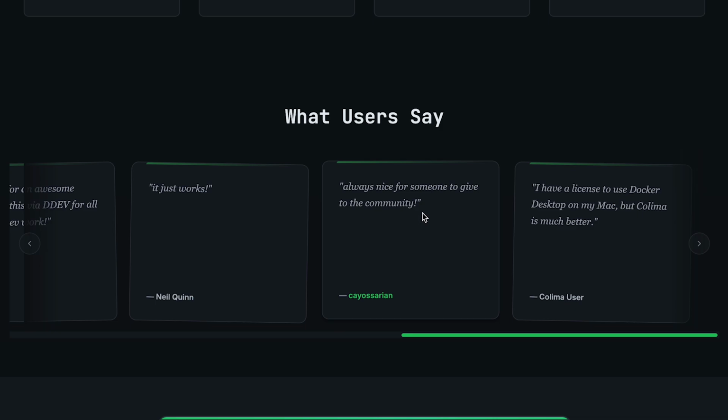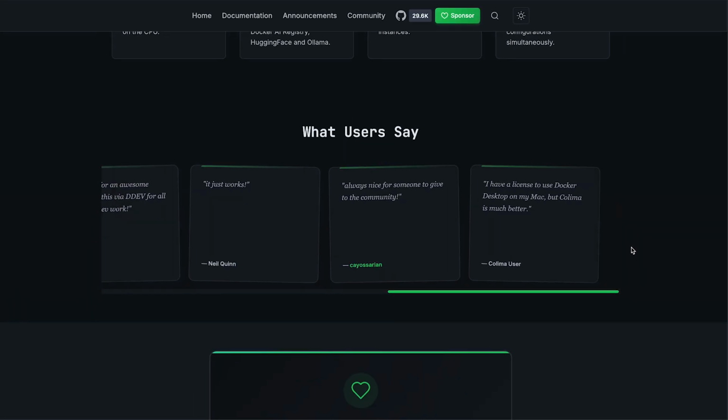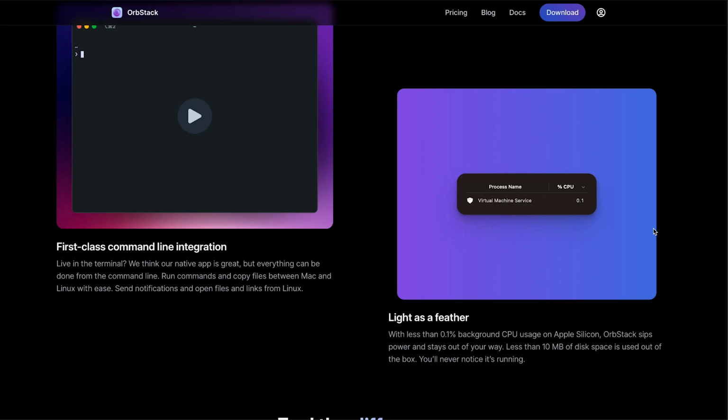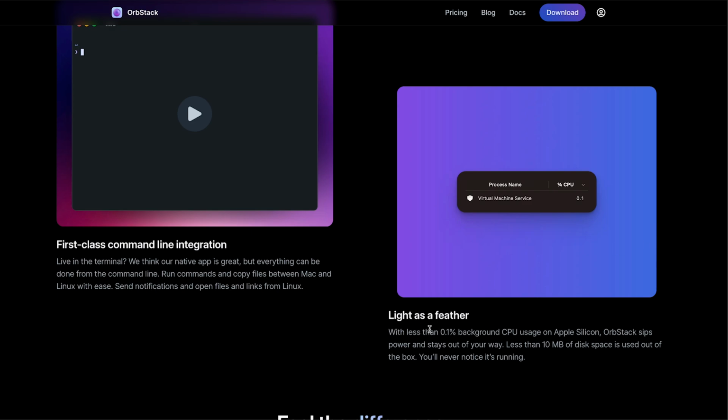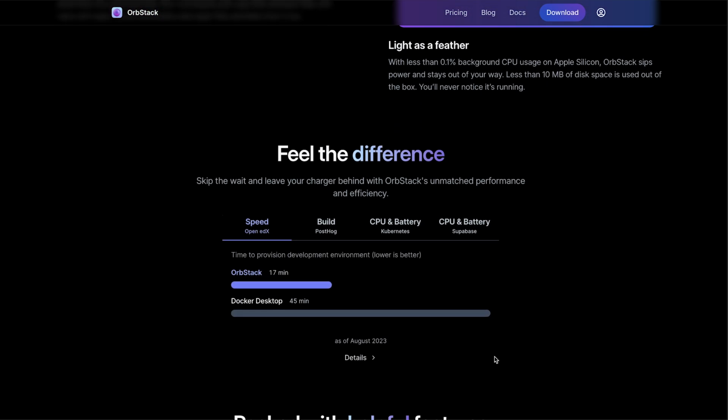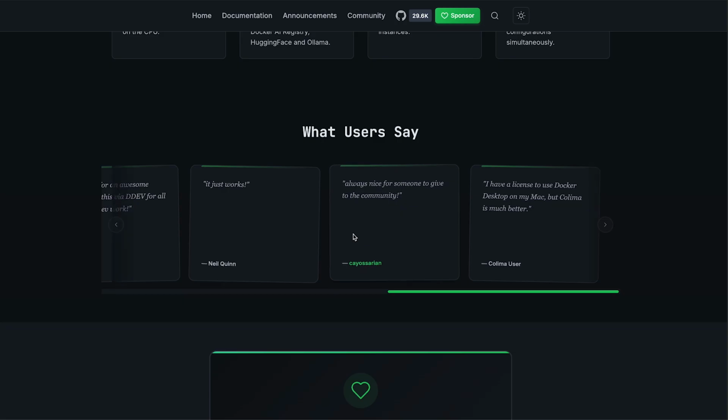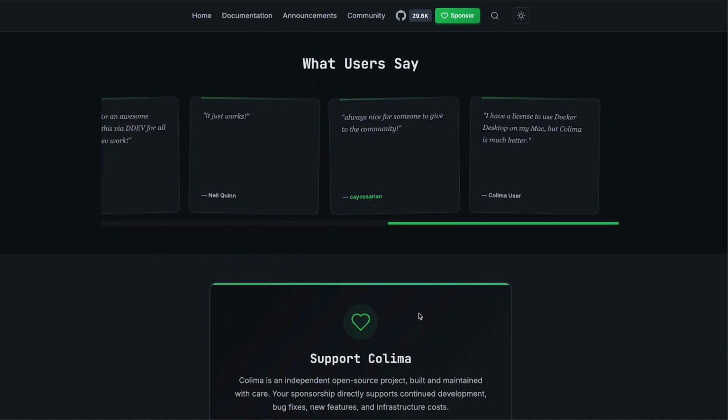If you want to get a beautiful, smooth native GUI experience on your macOS, then use OrbStack. If you need a free, lightweight, CLI-based and flexible setup with multiple runtimes, use Colima. Give both tools a try and find your